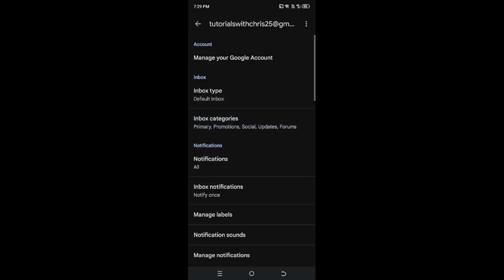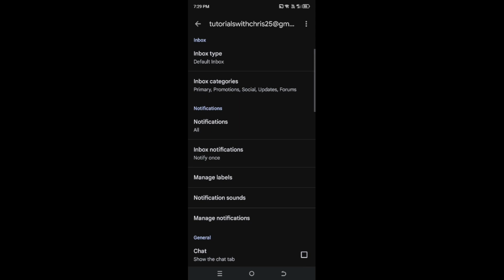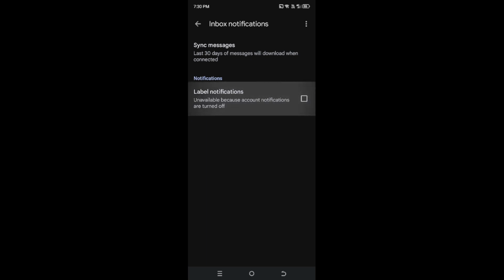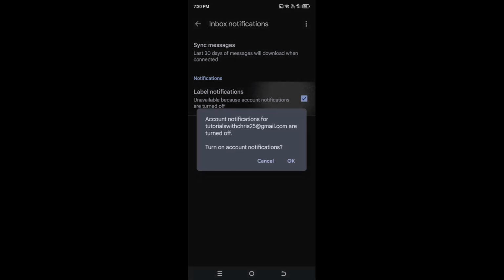Next, still within the same account settings, scroll until you find Inbox Notifications. Tap that and confirm that the checkbox or toggle is turned on. This enables notifications specifically for your inbox. If this is off, even though global notifications are allowed, you still won't see alerts for new messages in your